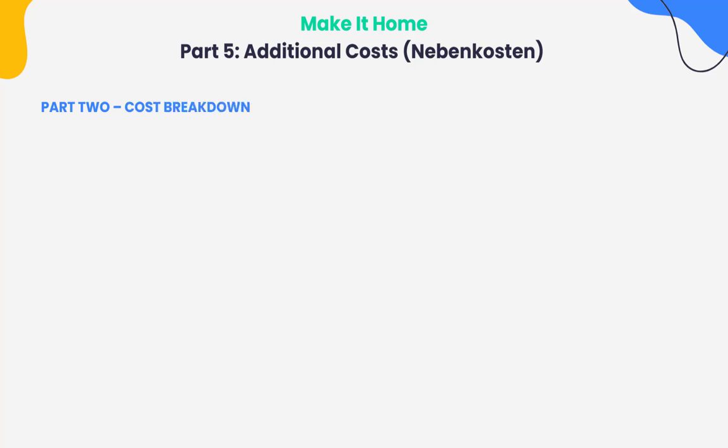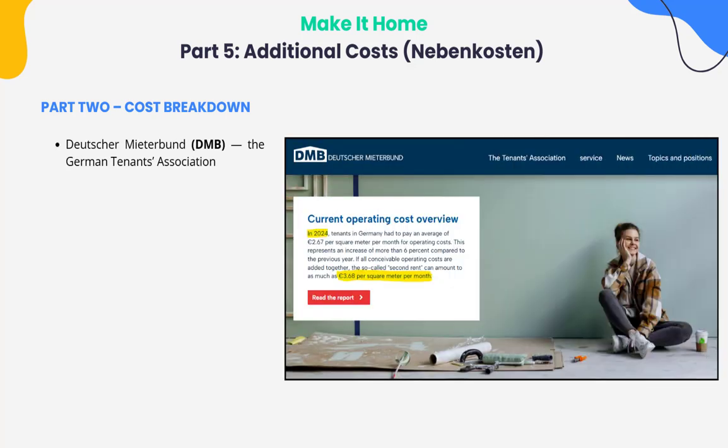Cost breakdown. To understand real costs, we need real data. The most reliable source here is the Deutscher Mieterbund, the German Tenants Association. They publish nationwide surveys based on real utility bills. According to the latest available data from 2024, tenants in Germany paid an average of around 3.7 euros per square meter